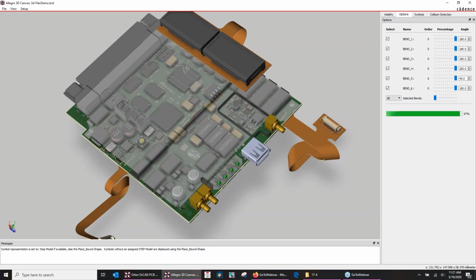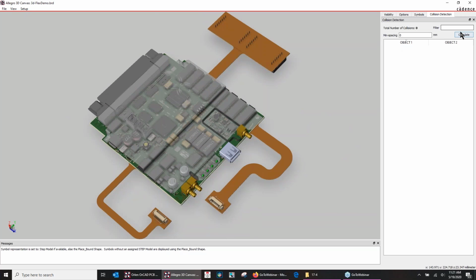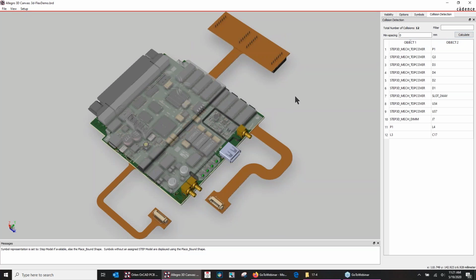So let's just, for the sake of it, unbend everything. Now let's go back into my collision check. So here I want to do some collision checks on this design. And what you're seeing grayed out on the top is actually that metal pan, a shield that's over it. And you're able to see in here the fence for the RF circuit, and then there's a pan on here. Now if I go ahead and click on that pan,